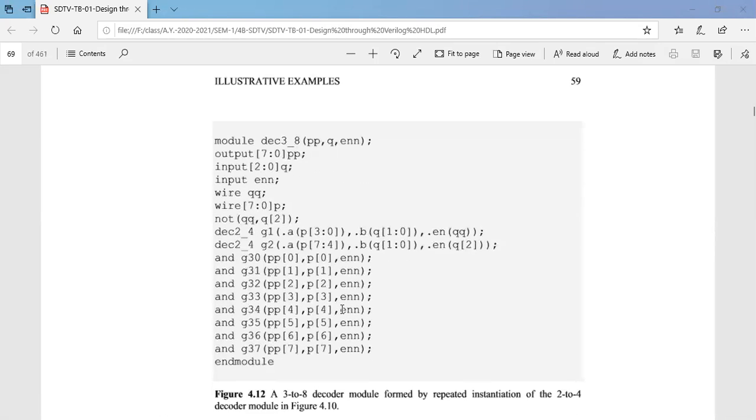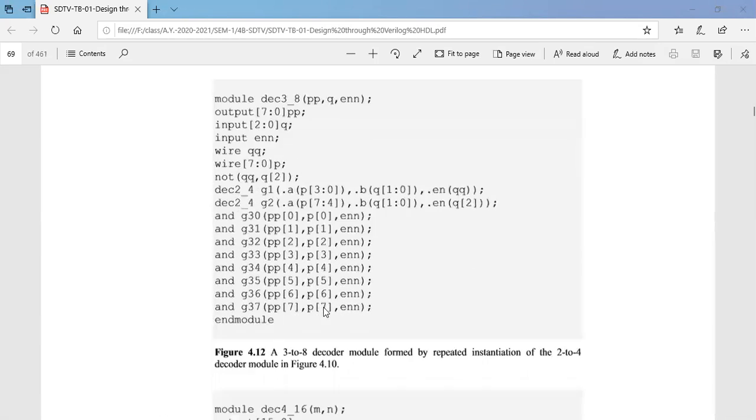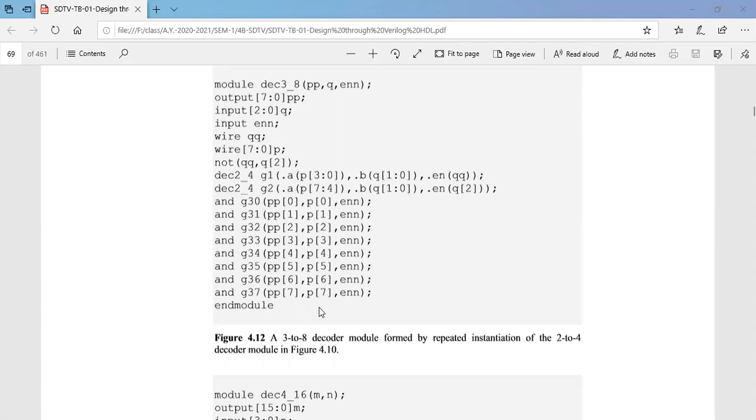In a similar fashion, you can see this decoder, 3 to 8. So you just observe the program and practice writing the program on your own. Then only you can understand easily. So this is for the 3 to 8 decoder. Inputs will be of 3 bits and output will be of 8 bits. Just very few changes only.